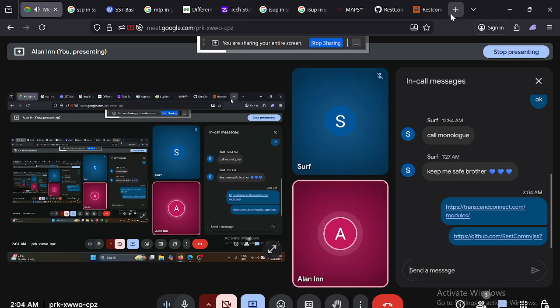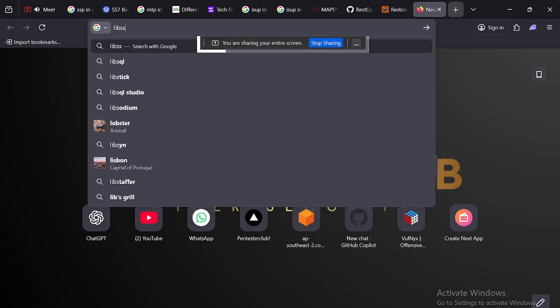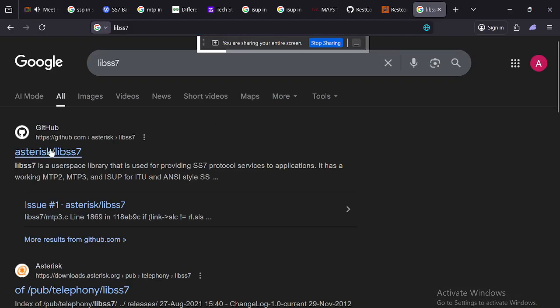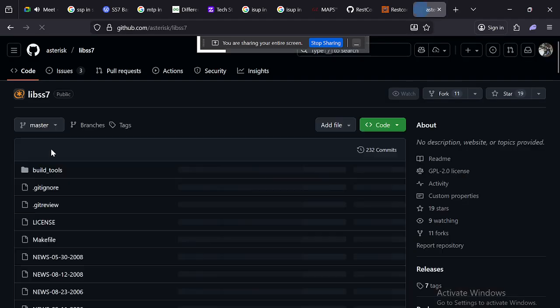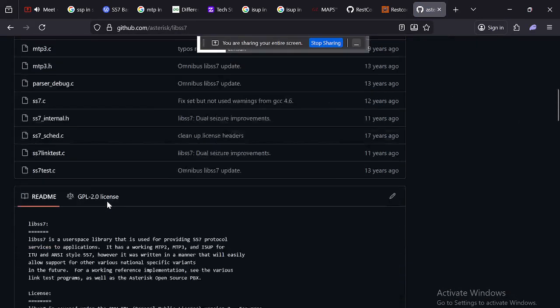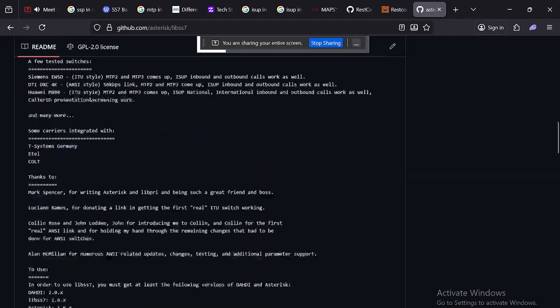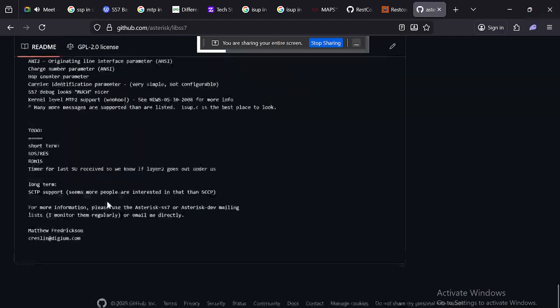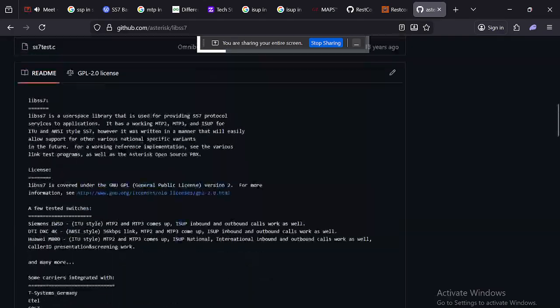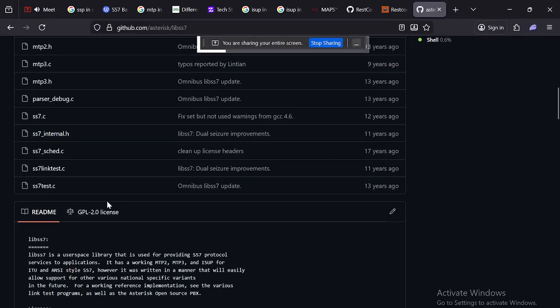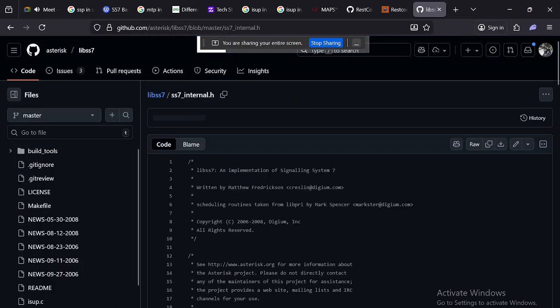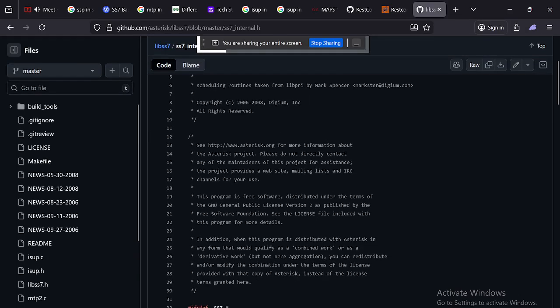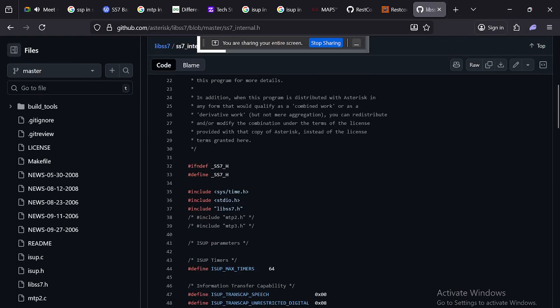Also, we would like to look at an SS7 library. This is workable as a library for SS7. If you have missed anything else, Asterisk can help with how to route and how to get into the SS7 internals. Let's look at asterisk.org.